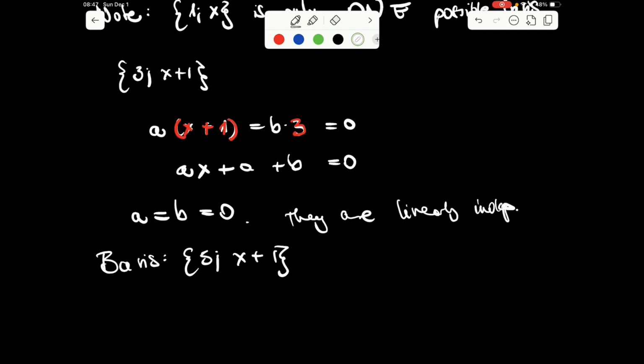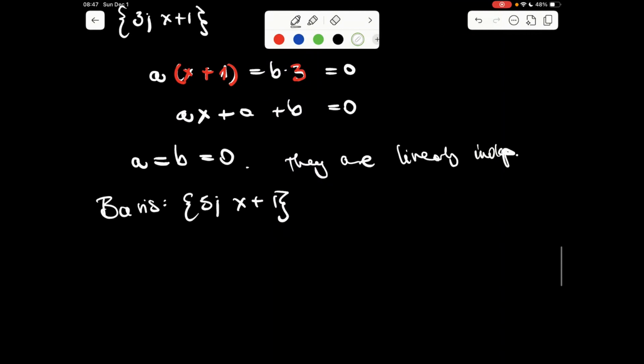How can we combine a function of the form ax plus b from this basis? So let's try to find a way